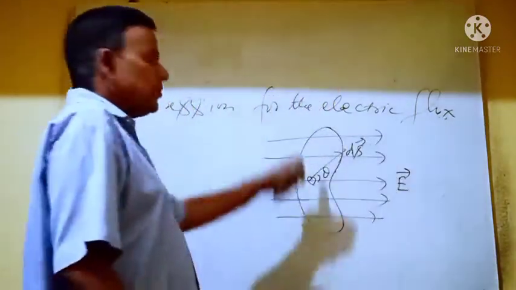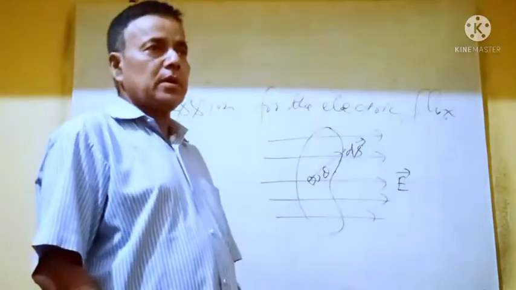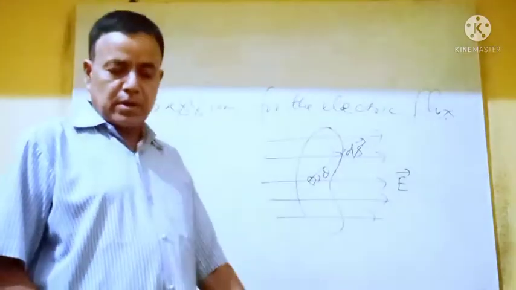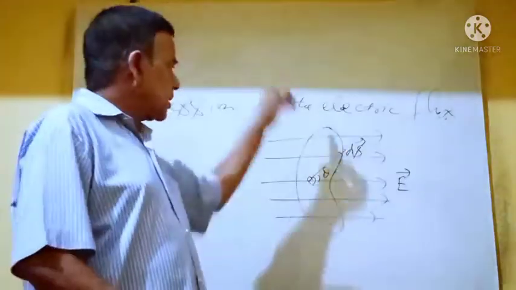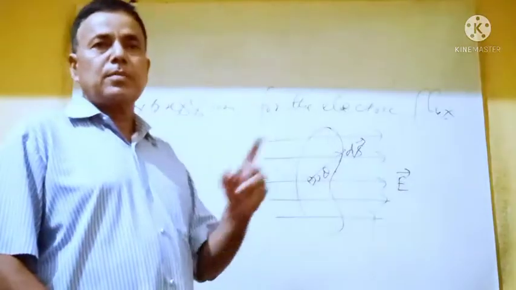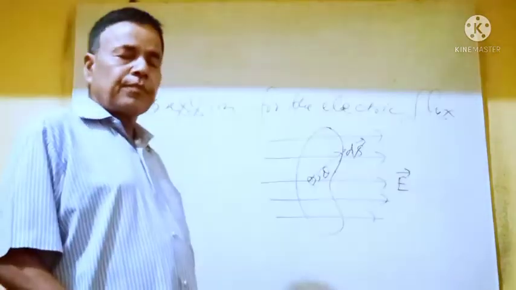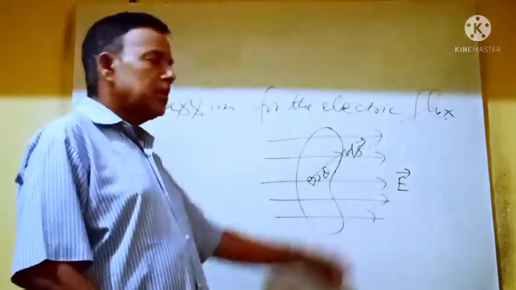Suppose that this is a curved surface and we have taken a small area, and the small area will be plane, and it is a vector quantity. So the area vector will be perpendicular to that surface. Suppose this is a curved area situated under the effect of a uniform electric field. First of all, we will take the small electric flux through the small area ds.